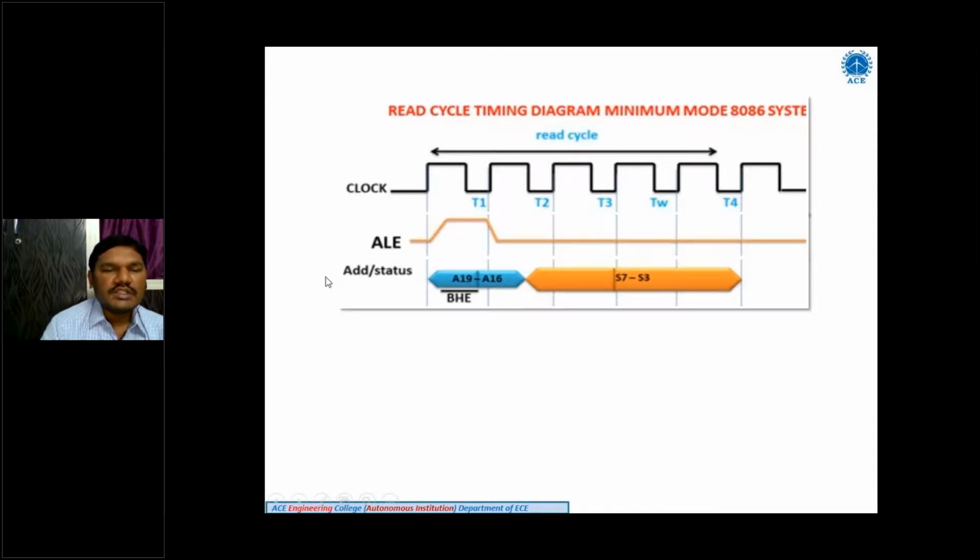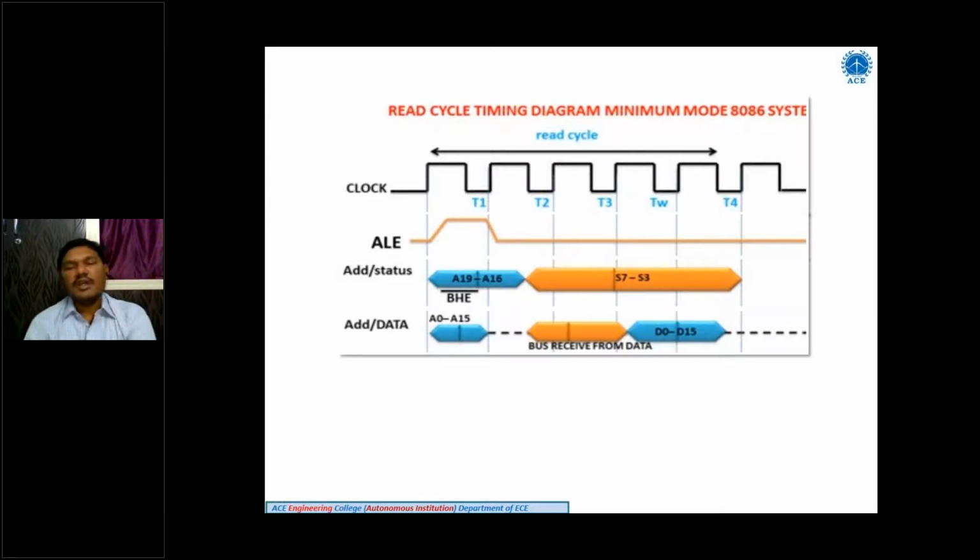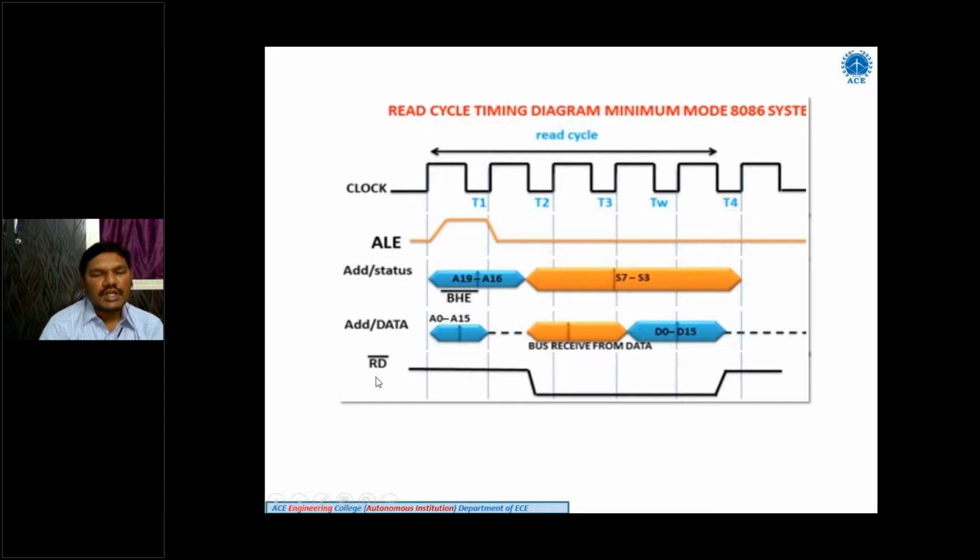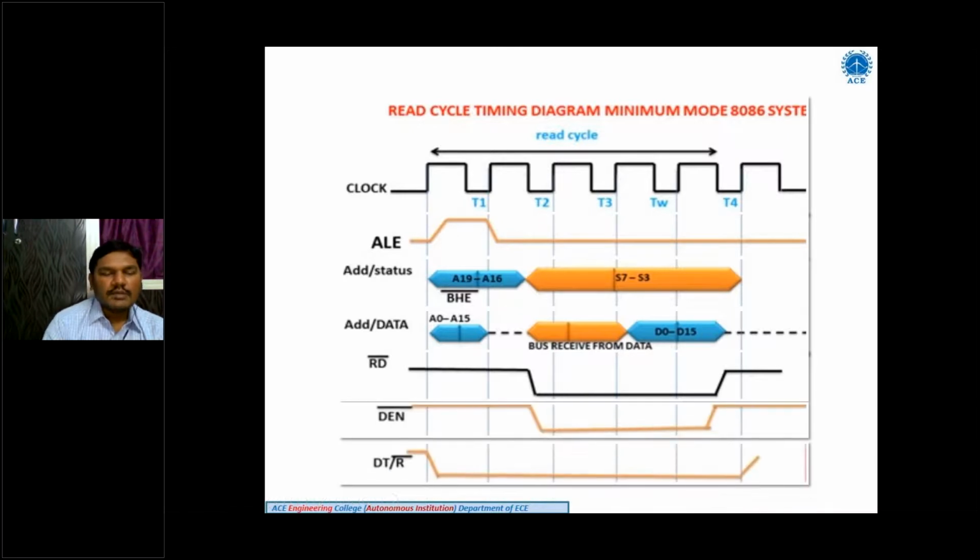So here 8086 has address lines, data lines, and status lines that are merged or multiplexed. A16 to A19 and S3 to S7 along with BHE are multiplexed. So that's why here it is separated with the help of ALE. And after that we need A0 to A15 address lines. When ALE equals 1, address lines, and if ALE equals 0, data lines. So how to read the data? To read the data, the signal at RD must be low. Right? And DEN and DT bar, data transmit and receive, the transceivers help to read the data or write the data through this circuit.